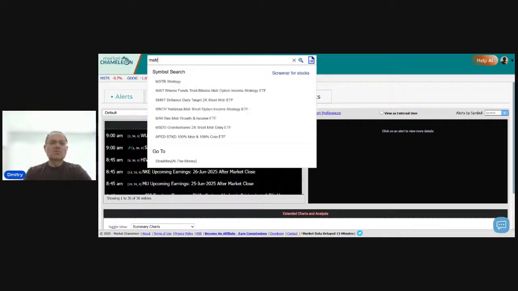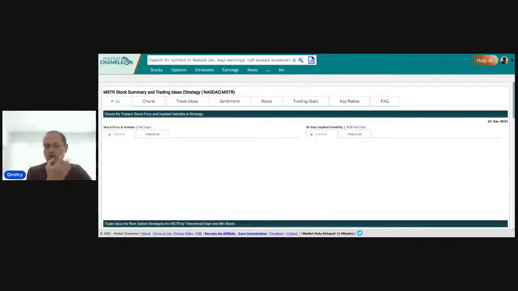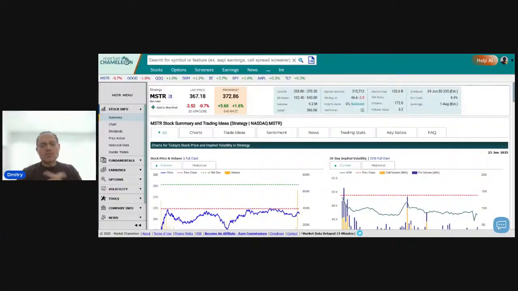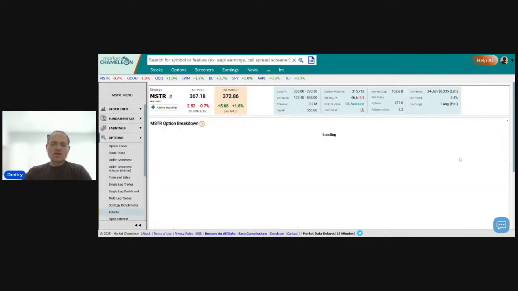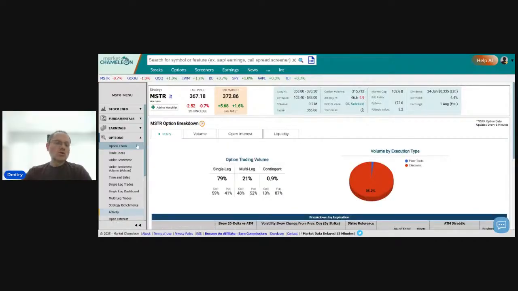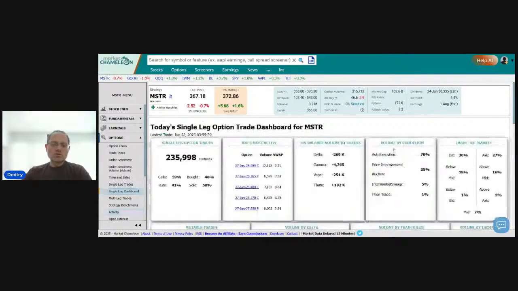You type in MSTR, you're going to go to that symbol's summary page. On the left-hand side, what we're going to do is click on options, and then go to activity. Or, you know what, I'm sorry. Let's go to single leg dashboard. That's what we'll look at. So options, single leg dashboard. And this brings us to a page that analyzes